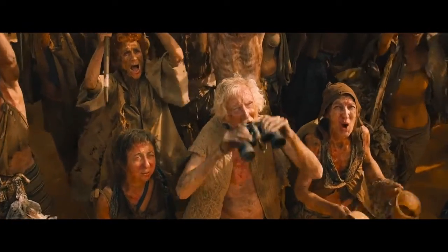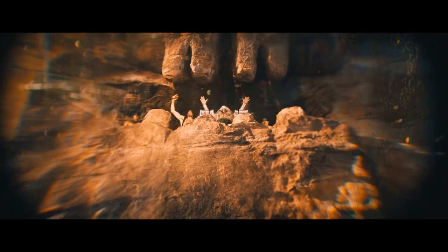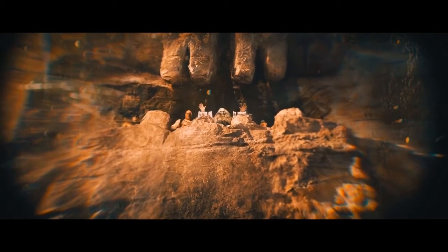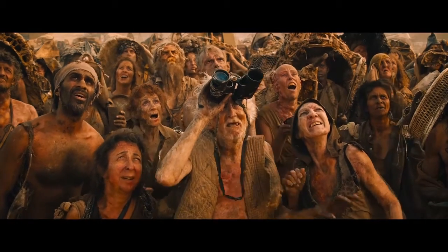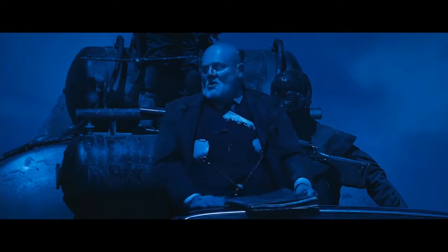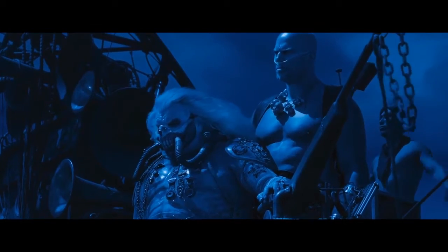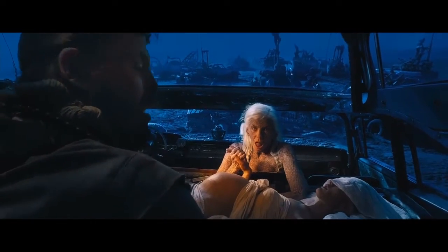Humans react to colour in a very primal way, but colour is an abstraction of light. It's a principal artefact of light and darkness. And even more so than colour, the human mind is adept when it comes to the subtleties in light and shadow. Fury Road isn't just shot like any other film, like The Town, and then slapped with a core of teal and orange. It was crafted from the ground up to work the way it does,